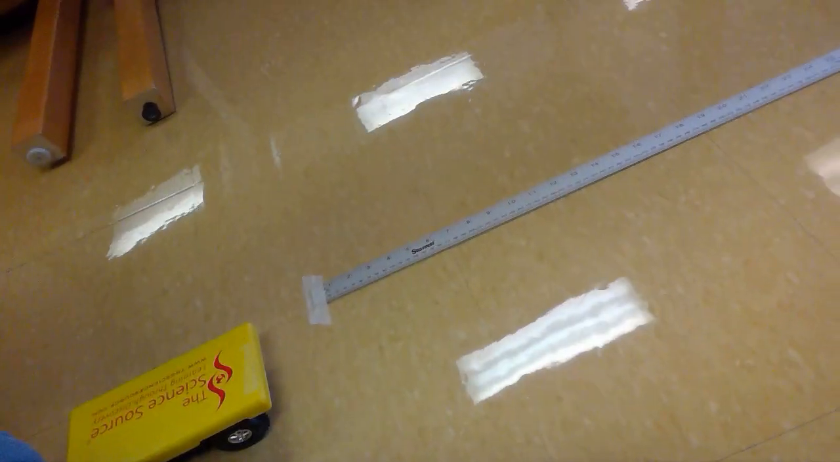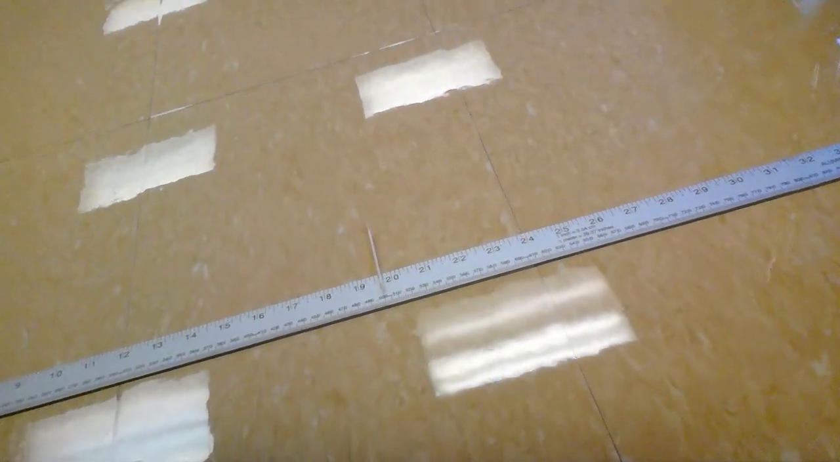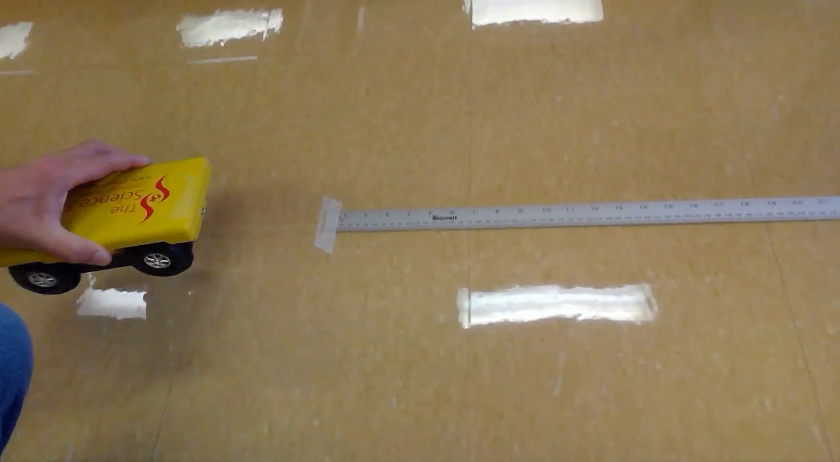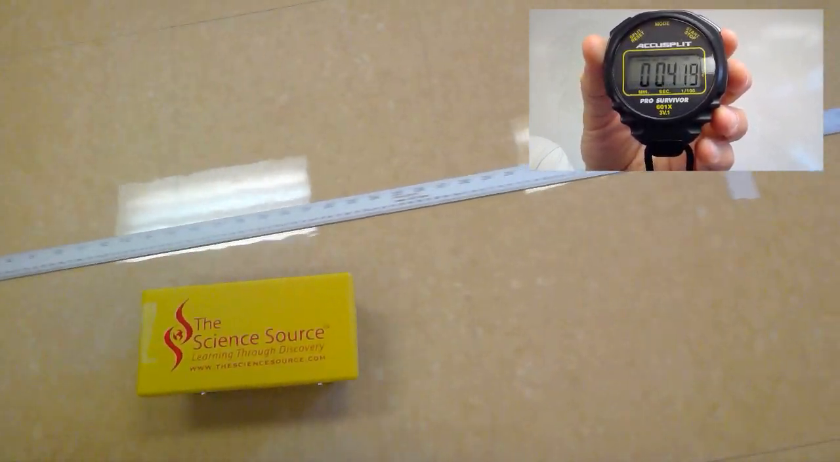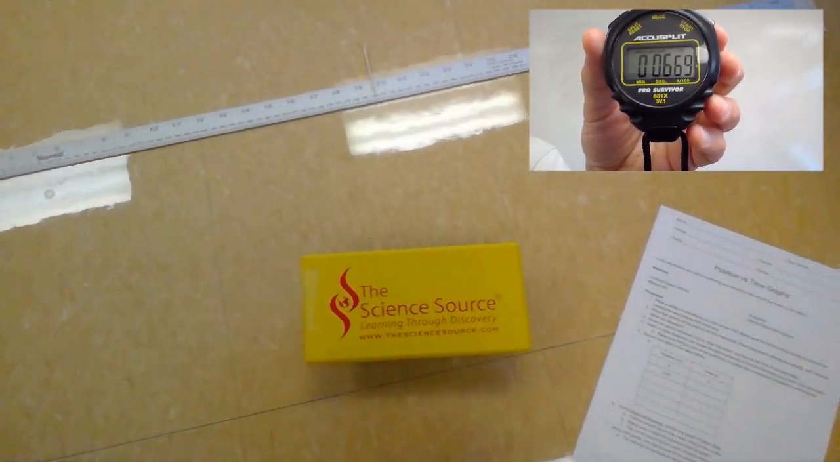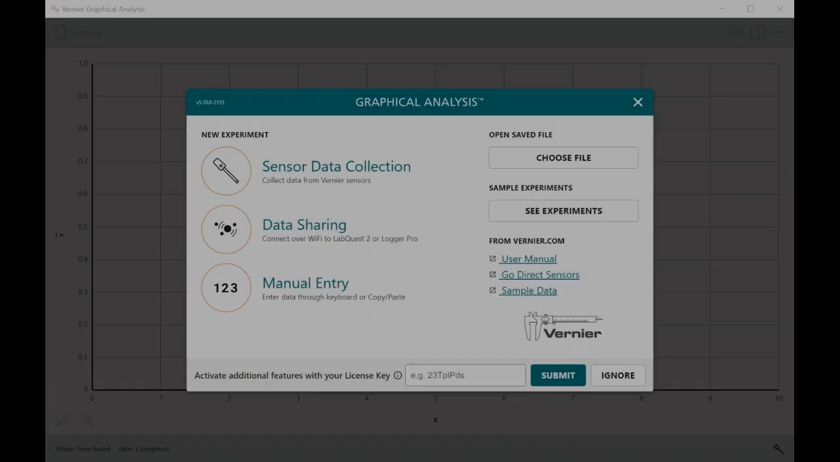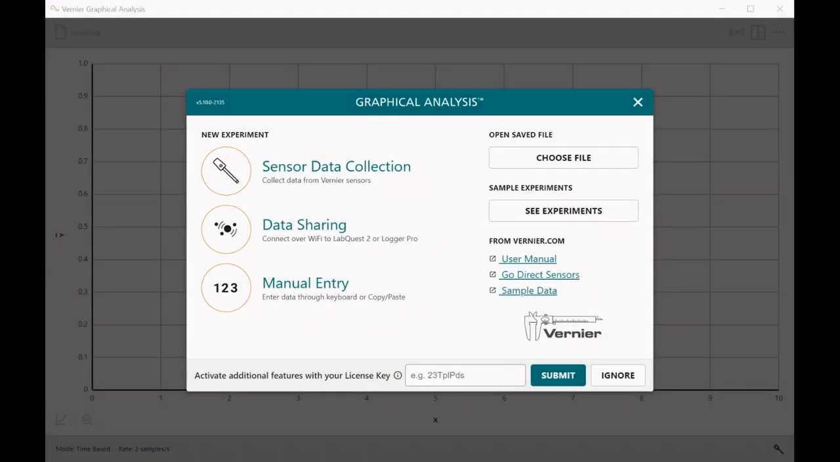Okay, last one I have room for on my data table. I have my toothpick all the way down here at 2.50 meters. So let's start the car. Time how long this one takes. Alright, so now I have recorded all of the positions and times in my data table on my lab handout,